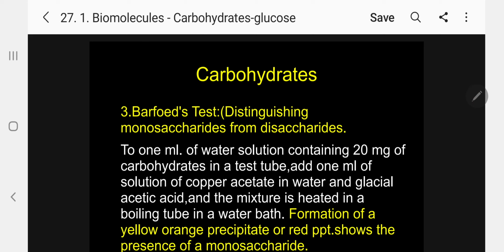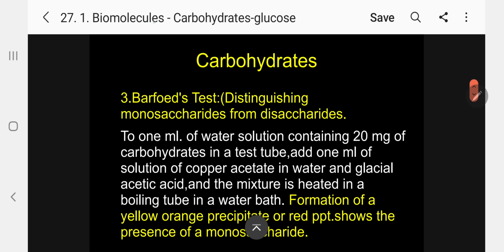Now, under the carbohydrate, we are going to classify later. What way are we going to classify? Monosaccharide, disaccharide. That means monosaccharide has only one unit, disaccharide has 2 units. In the same way, aldoses, that is with an aldehyde group, and ketoses, with a keto group, we can classify like that. And aldopentoses and aldohexoses, the 5-member ring, 6-member ring. So many ways. So in all cases we have tests.